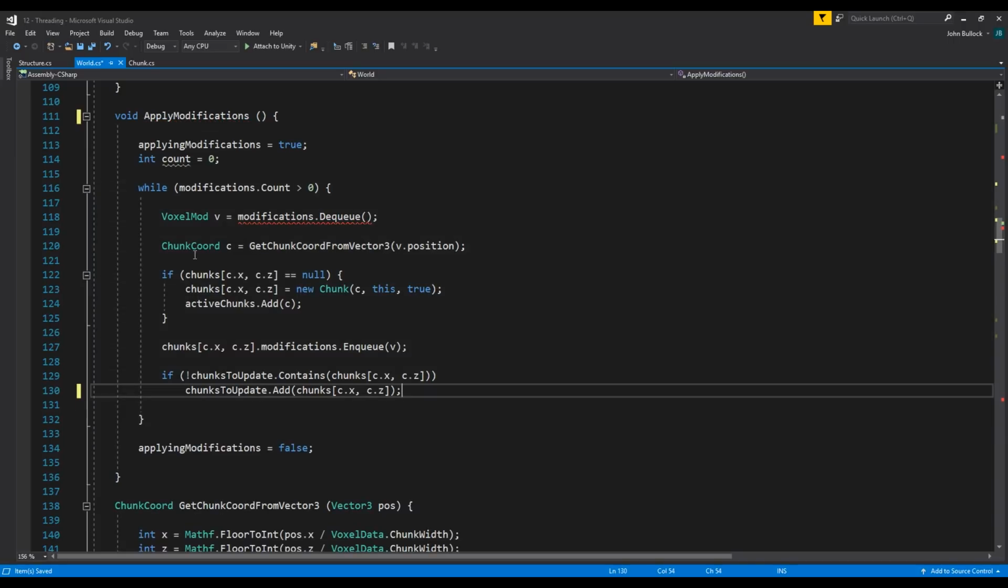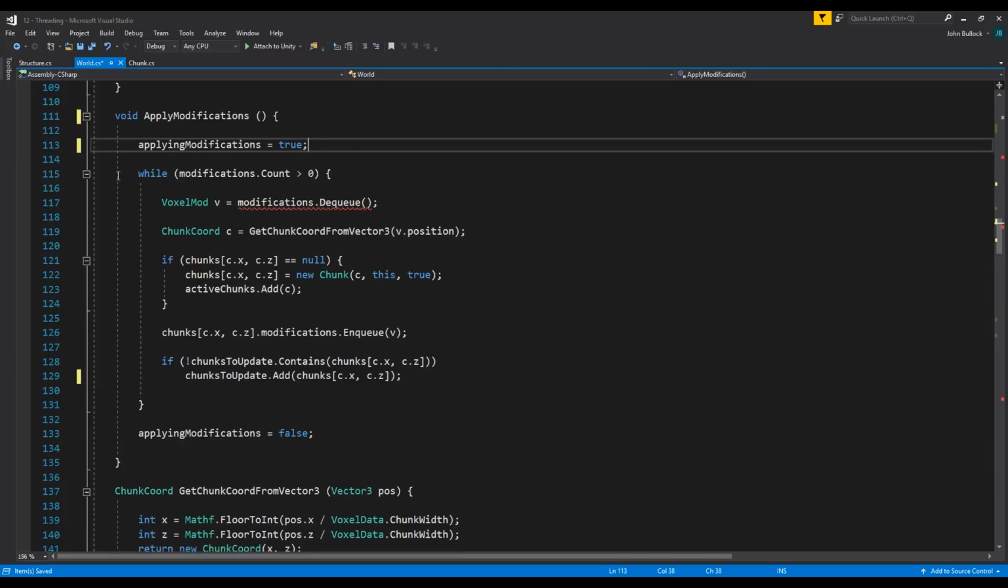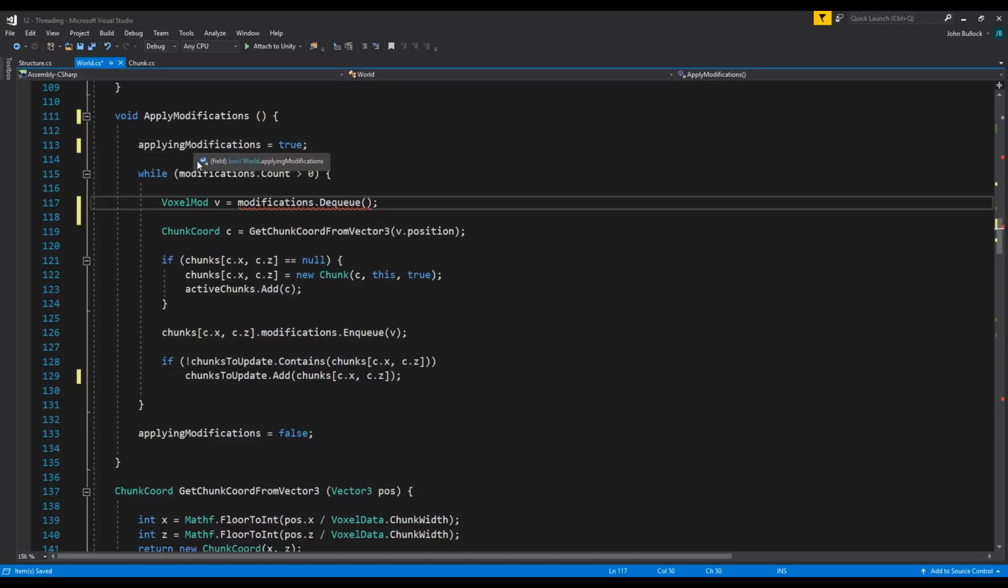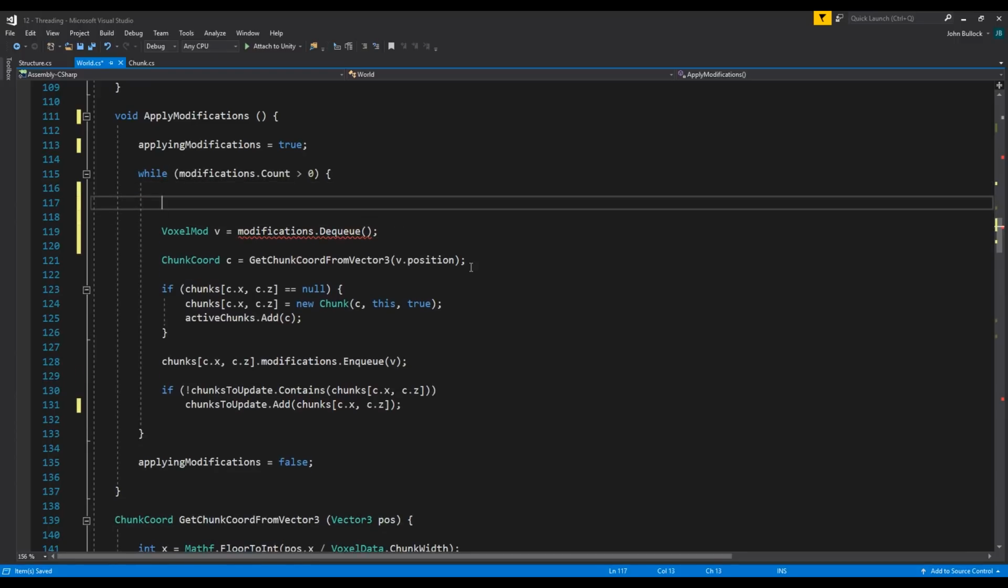And then basically the way we're going to do it is we're going to have two while loops. Sorry, just get rid of that. One while loop for the overall modification count, and one while loop for the individual queues within that modifications queue. So the easiest way is to just basically intercept everything. So we're going to create a new queue here. Voxel mod queue equals modifications.dq,